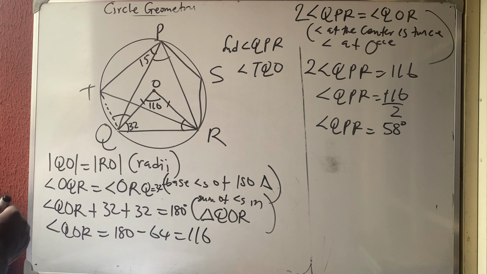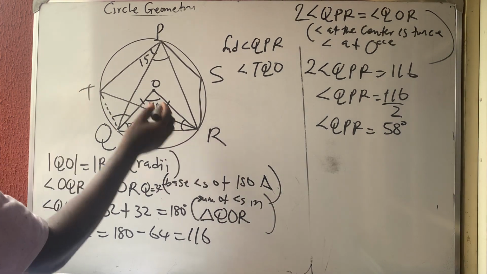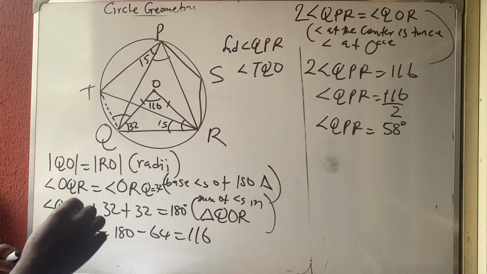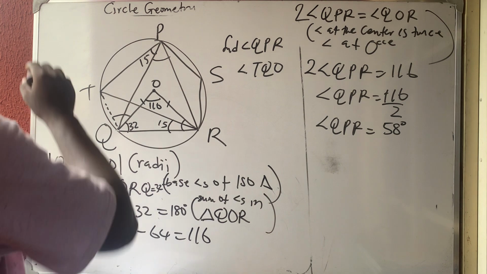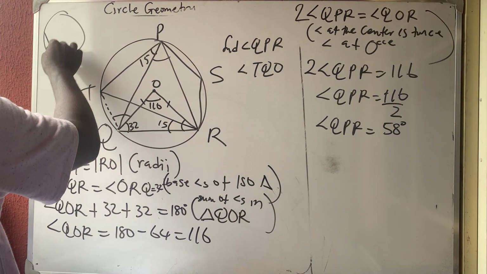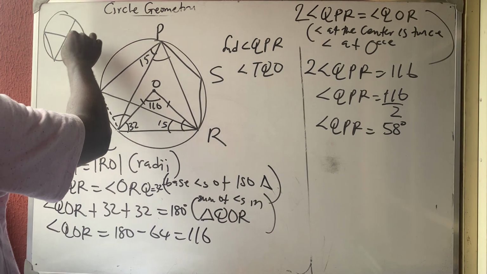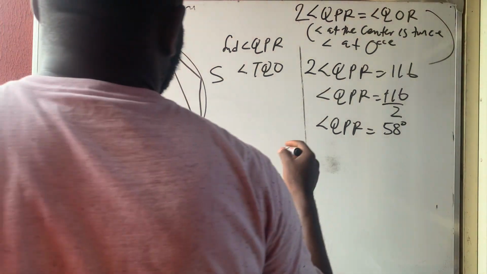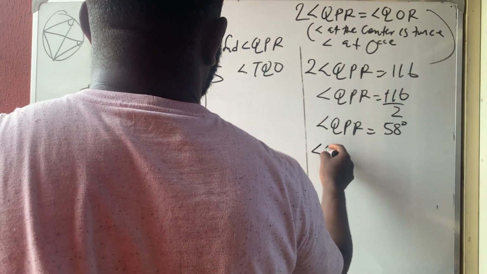We know that if here is 15, automatically here must be 15. Why? Because whenever you have a circle like this and a chord, if they cross like this, the angles anywhere they meet must be equal. So we'll tell them that